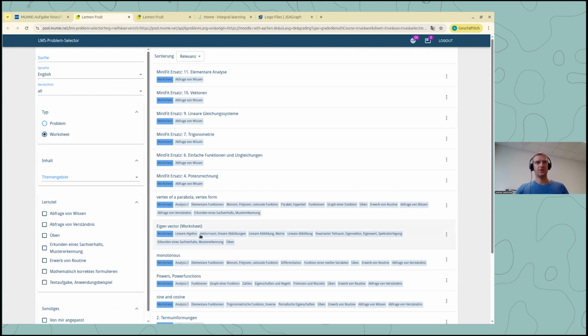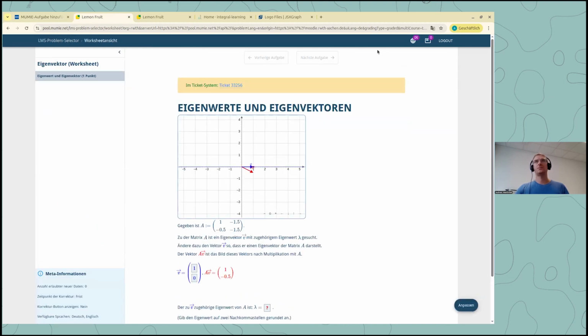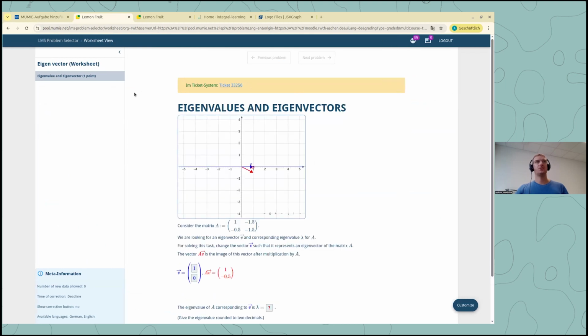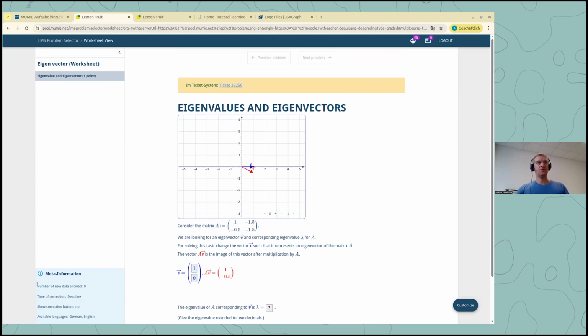Yeah, so I think there was that worksheet. We can see what it looks like here. That's the same thing, but included in a worksheet. And down here you see on the left that there is a different